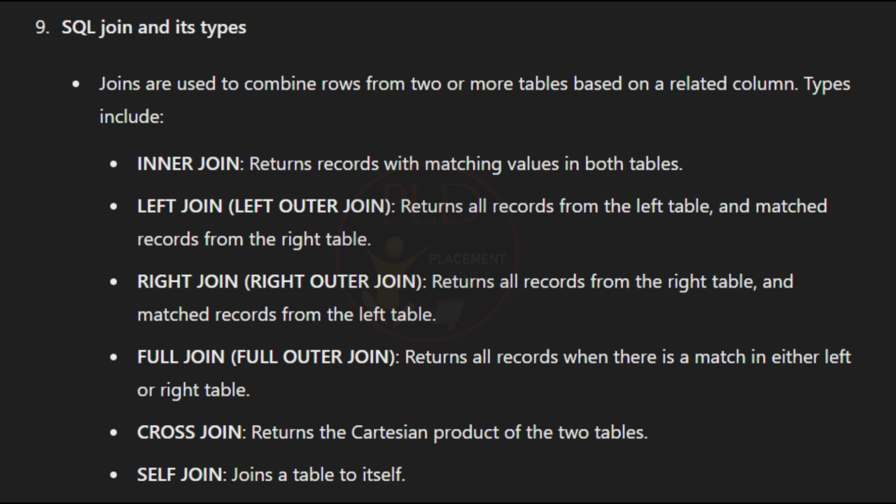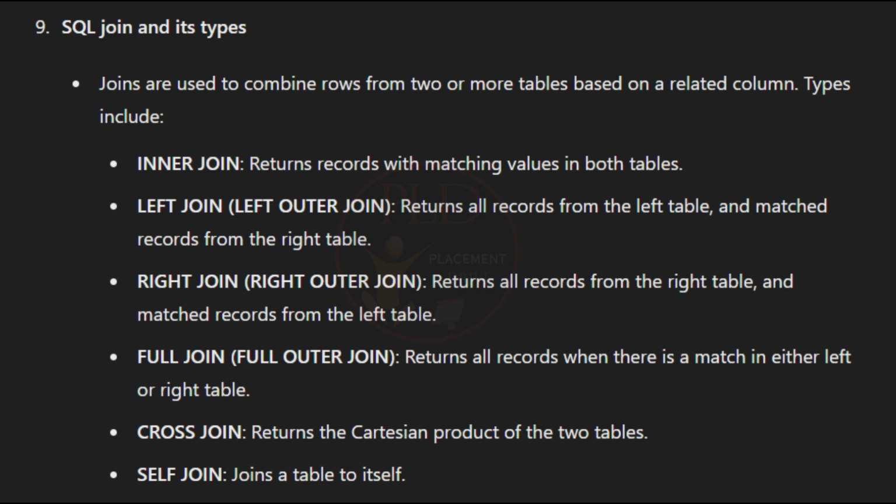Joins are used to combine rows from two or more tables based on a related column. The types include inner join. Inner join returns records with matching values in both tables. Left join, that is left outer join, returns all records from the left table and matched records from the right table. Right join, that is right outer join, returns all records from the right table and matched records from